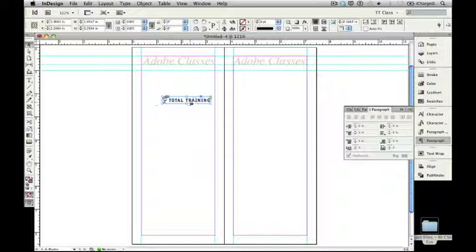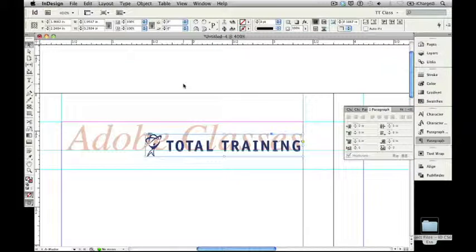I want to line up the bottom of this type where it says Total Training at the exact same place that it says Adobe Classes at the bottom of that type. So I'm going to move it up to about roughly right there. And then I'm going to zoom in close, 400% size by using the keyboard shortcut Command 4 working on a Mac. If you're on a Windows PC, you'll make it Control 4. And I'm going to use my cursor keys, the arrow keys that sit between the typewriter and the calculator